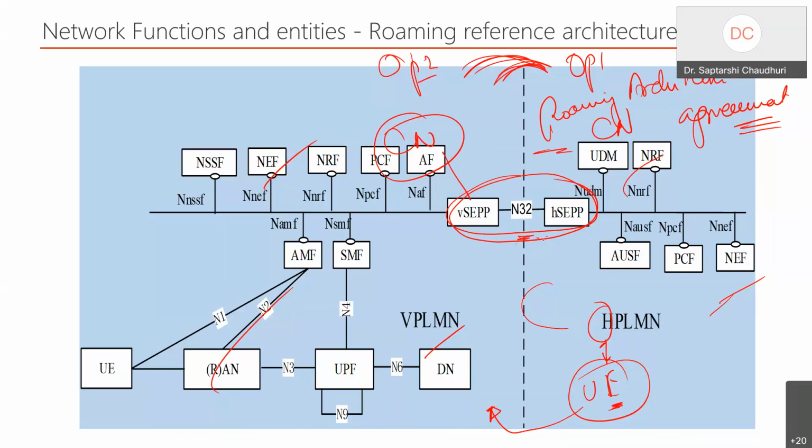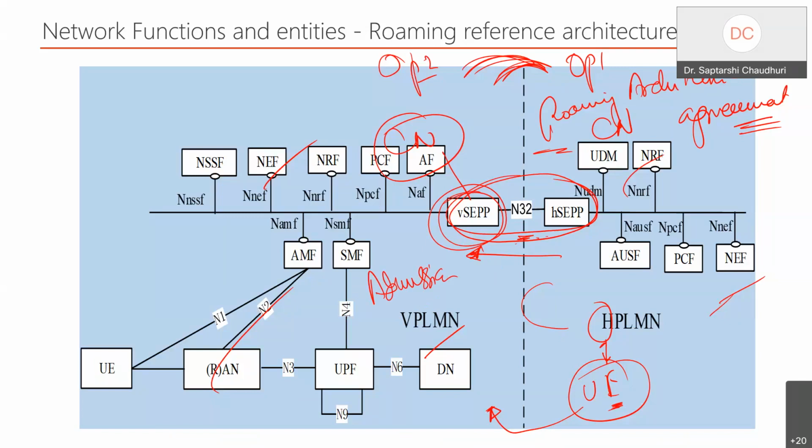They get authenticated, and only then they say please go ahead. It is my own subscriber, not a rogue subscriber that has got into the network. And then this side accepts and signals saying please do the admission control and all that stuff, please accept him into the network itself. So now he has roamed.